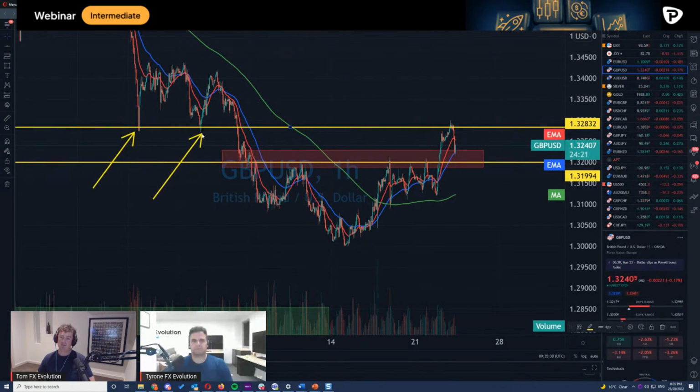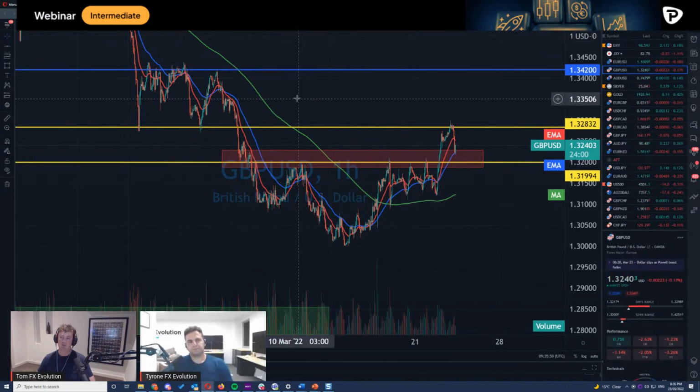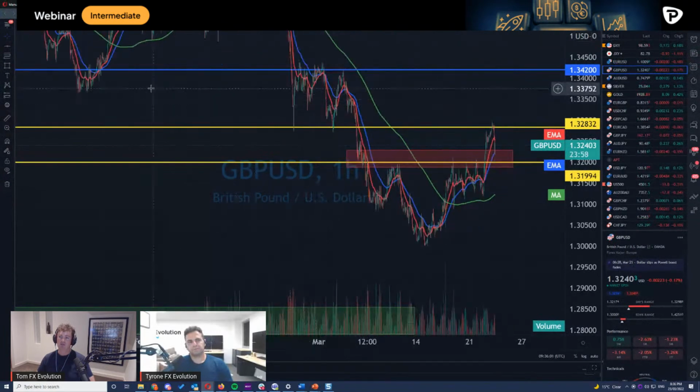What's happened recently? We had a support that has become a resistance. Now, if this particular trade was to be successful, big if, then where would it potentially go to? That 134 would be a good next technical resistance, wouldn't it, Ty? Somewhere in between here and here would make some sense. Yep. And this is just what we're doing in terms of demand zones. So even in here, we'd probably be worried about it.